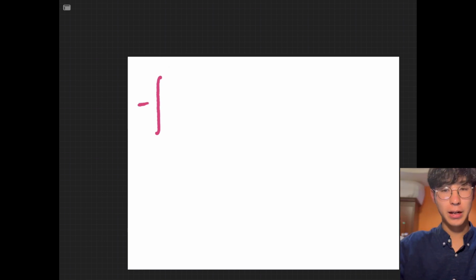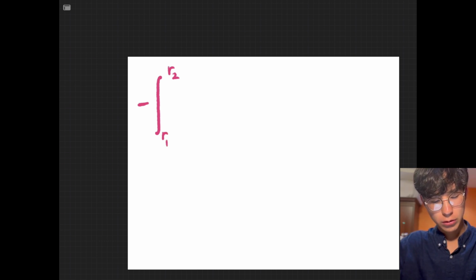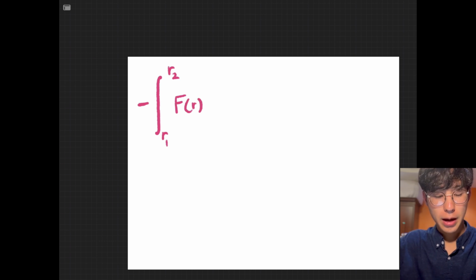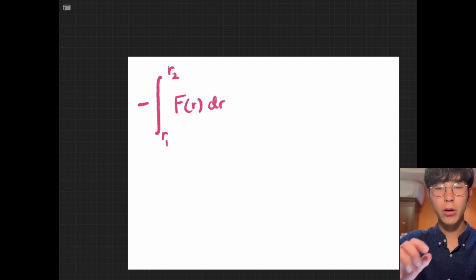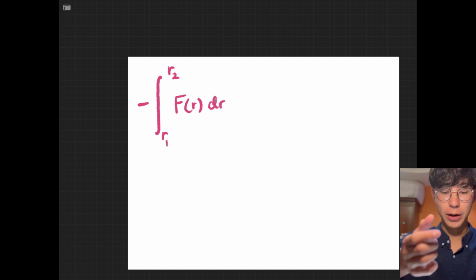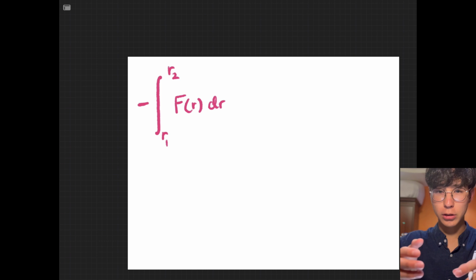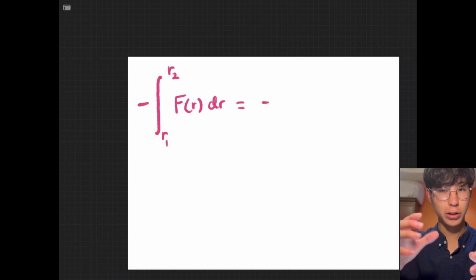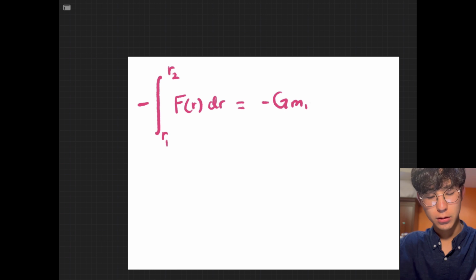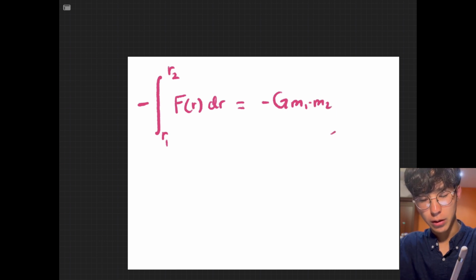And we have a negative sign in front of it because it's doing negative work. We have R2, R1, and we have f of r dr. So r is the distance. This is a function of the distance. Why? Because the masses of the two objects are constant, and the universal gravitational constant is constant. Only r is changing. You put negative G m1 m2